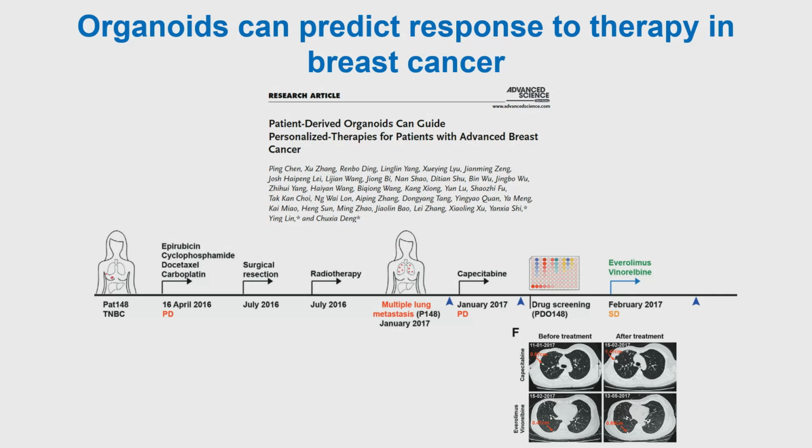So they decided to generate breast cancer organoids and perform a massive drug screening of multiple drugs that were available to treat cancer patients in general, and identify a combination of the mTOR inhibitor everolimus and the inhibitor of chromosomal segregation vinorelbine. They treated the patient with this combination of drugs and identified that with this treatment, the disease was stable. This was not possible with the standard chemotherapy approach, but was possible with this drug testing approach on breast cancer organoids. So really demonstrating the potential of